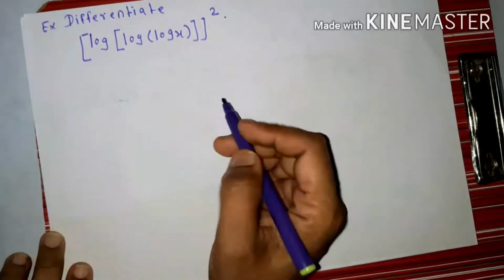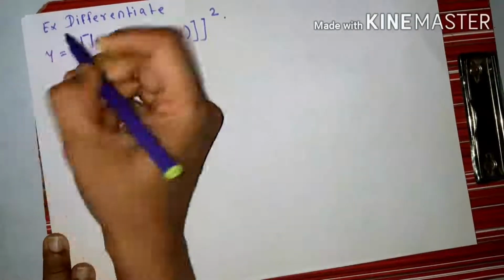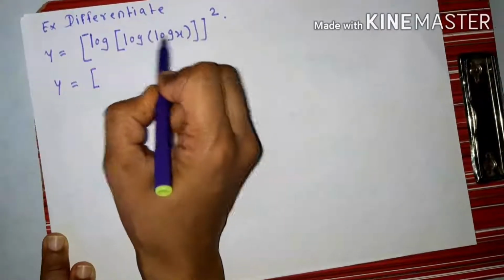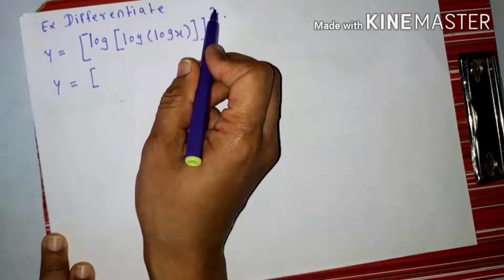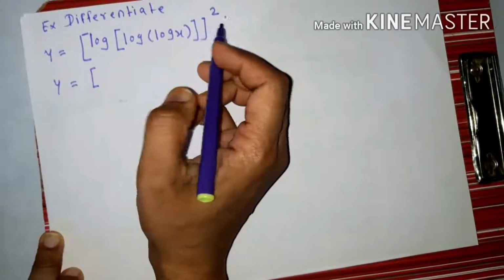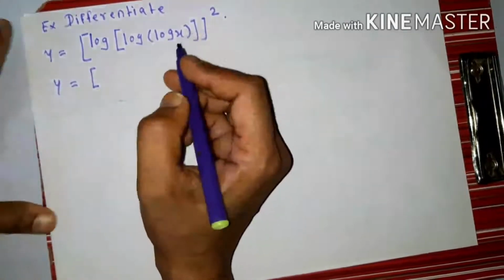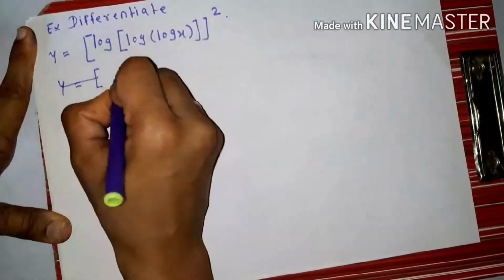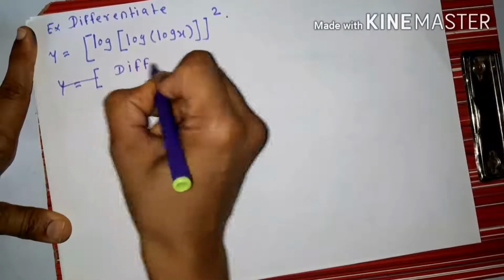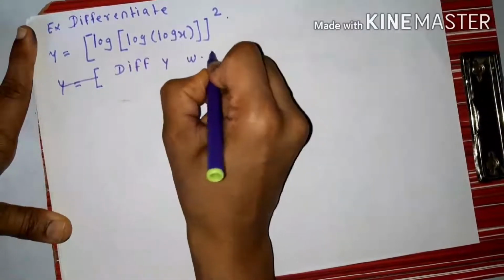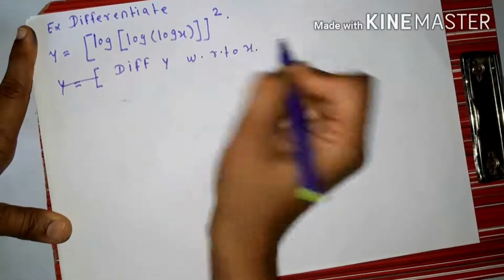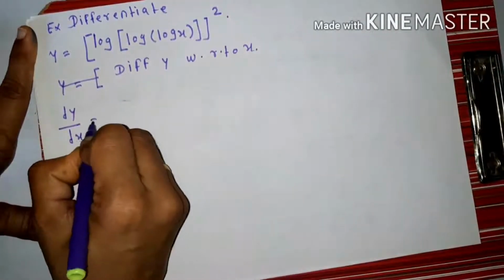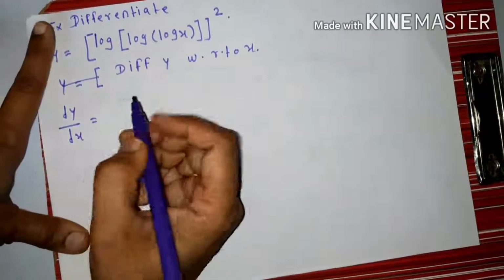We have to differentiate this. Let y equal to log of x whole square. So here differentiate y with respect to x. Therefore, dy by dx equal to